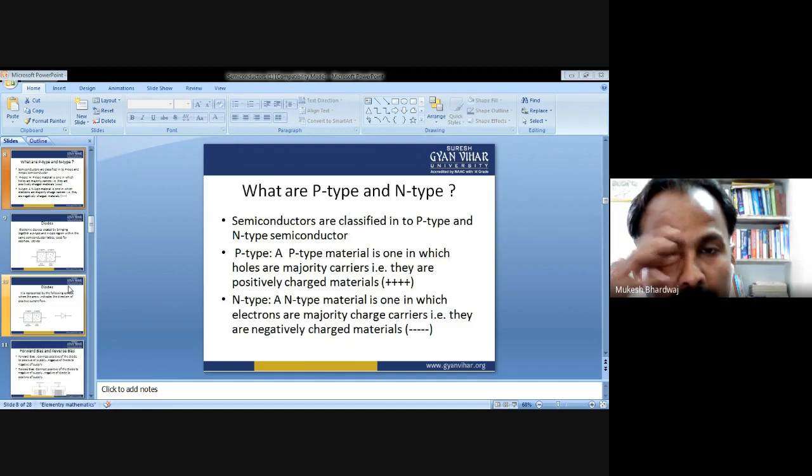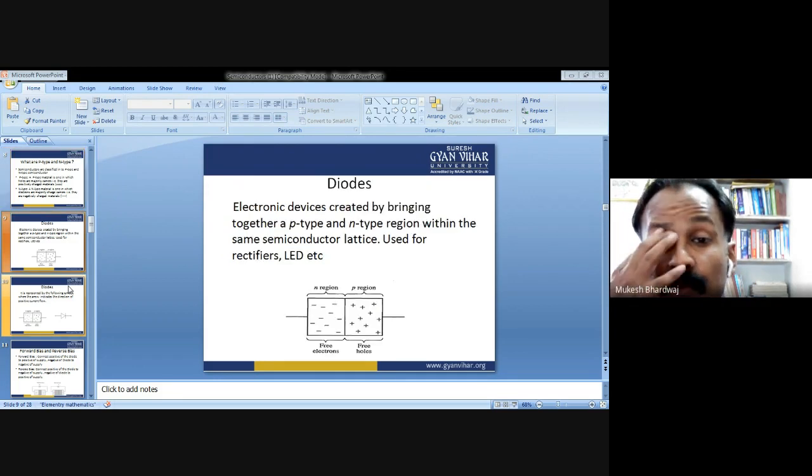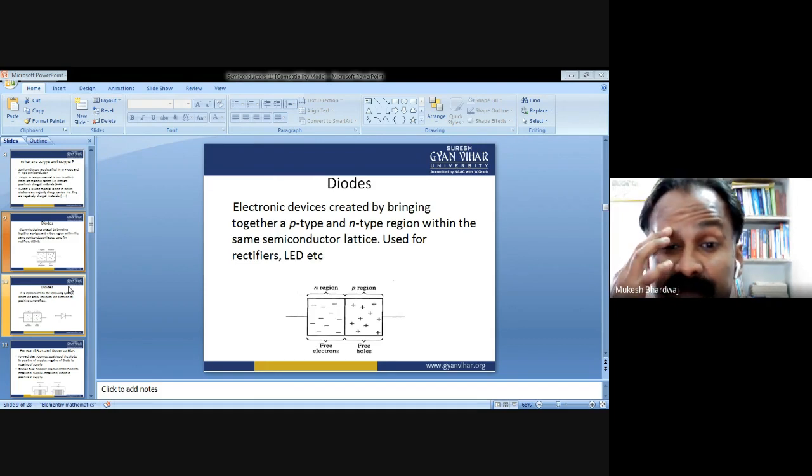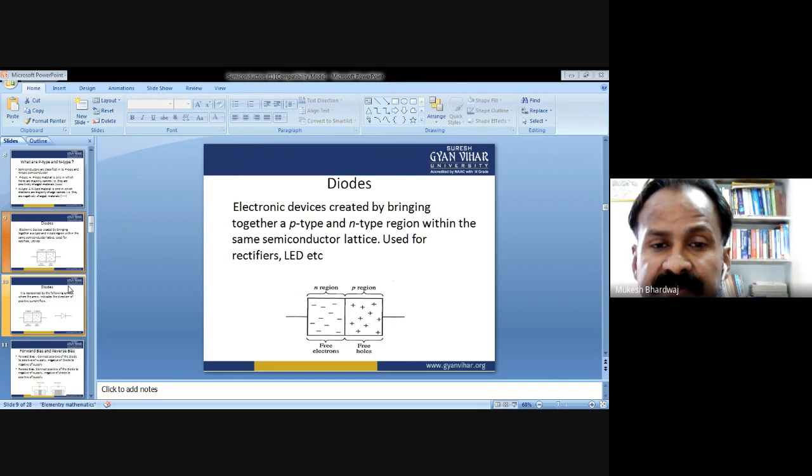What are P-type and N-type semiconductors? Semiconductors are classified into P-type and N-type. A P-type material is one in which holes are the majority carriers, that is, they are positively charged materials. An N-type material is one in which electrons are the majority charge carriers, that is, they are negatively charged materials. Diodes are electronic devices created by bringing together a P-type and N-type region within the same semiconductor lattice, used for